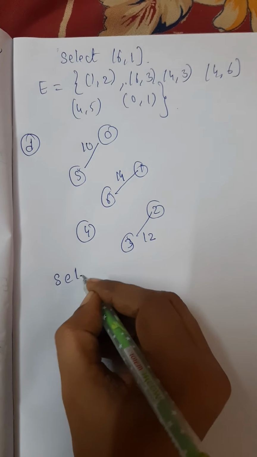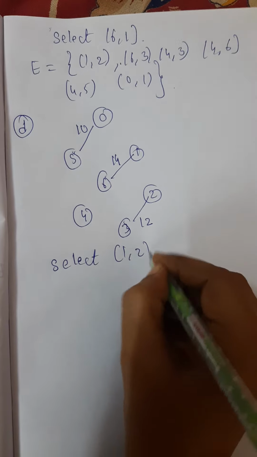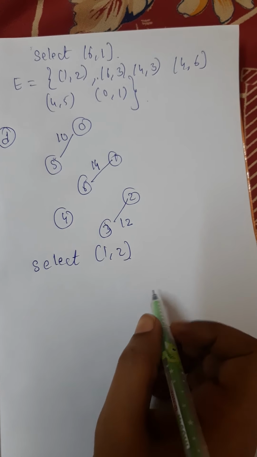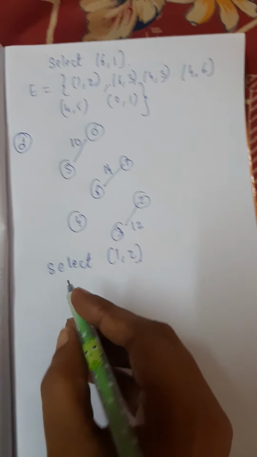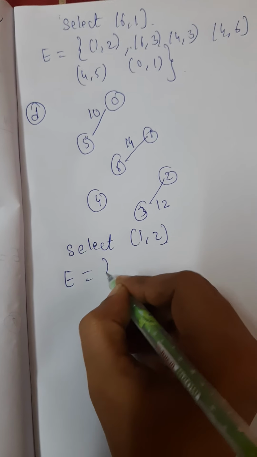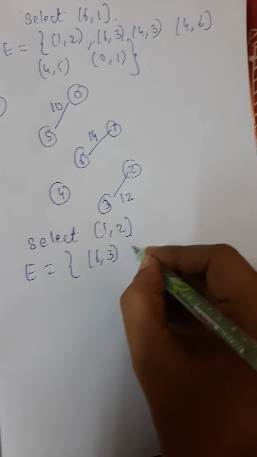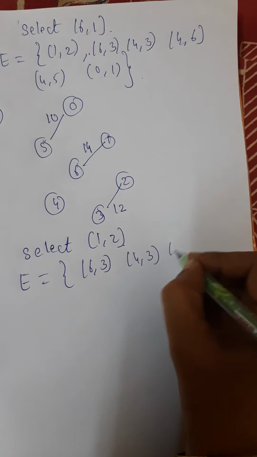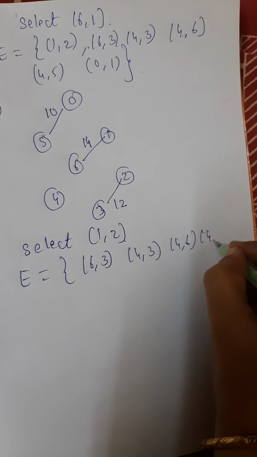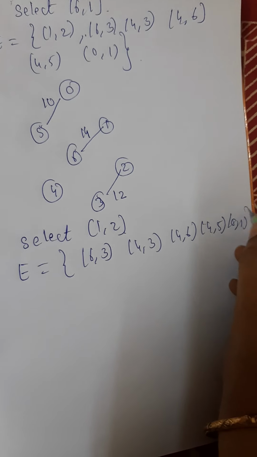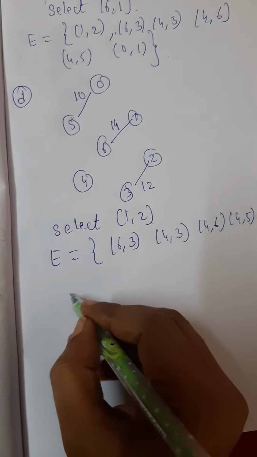Now I'm going with the next. I will select 1 2. So select 1 2. If I select 1 2, it will not form a cycle. Okay, now I will delete again 1 2, 6 3, 4 3, 4 6, 4 5, 0 1. Now I will add